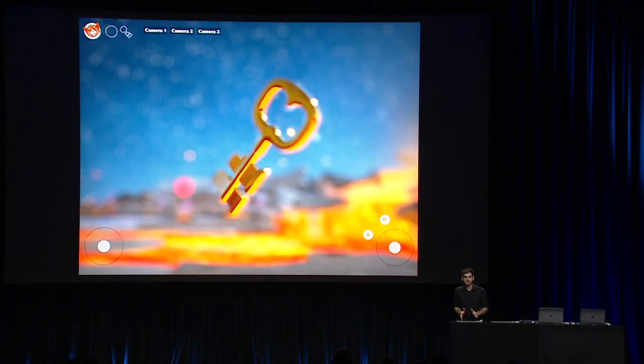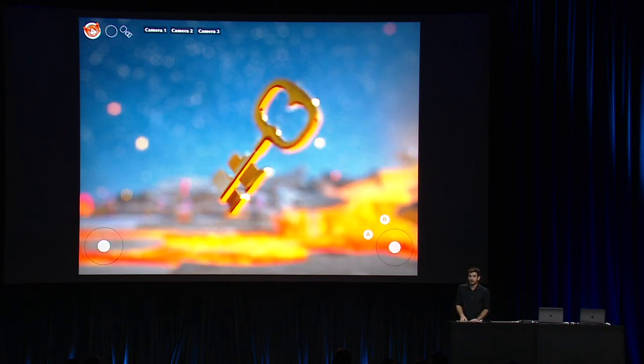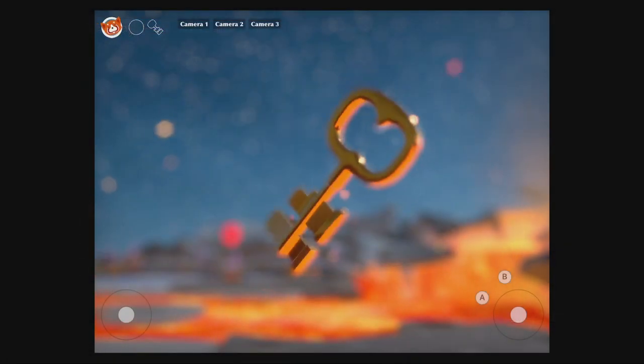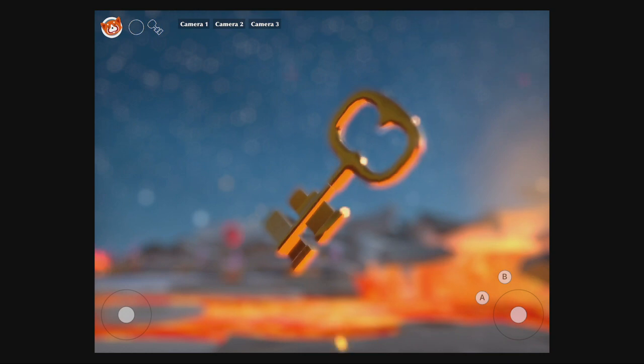So let's come back to the Fox demo and bring up some debug UI to help me show you our new depth of field effect. Here we have a beautiful golden key in the foreground. The focus distance is set to a small distance because the key is close to the camera. And the f-stop number is set to a small value because we want a strong blur. As you can see, nice bokeh appear on the background due to the high luminance of the particle.